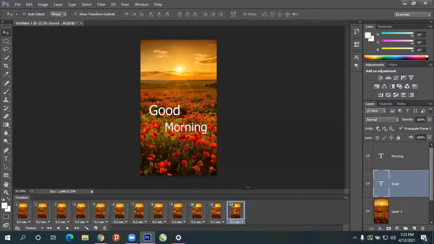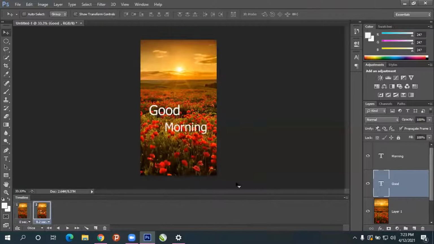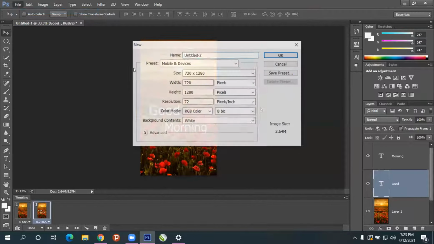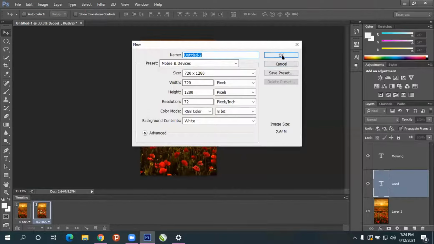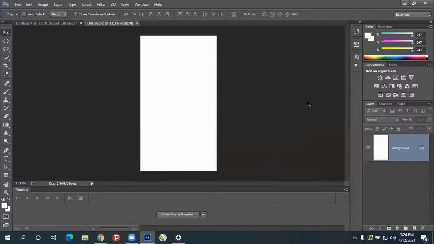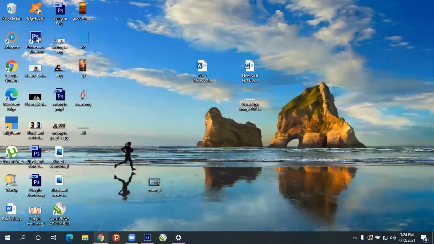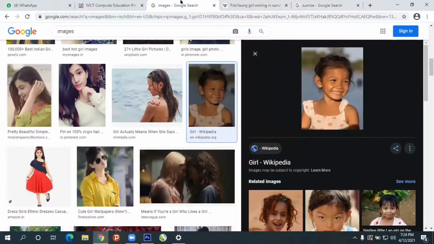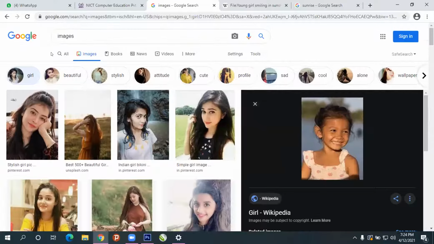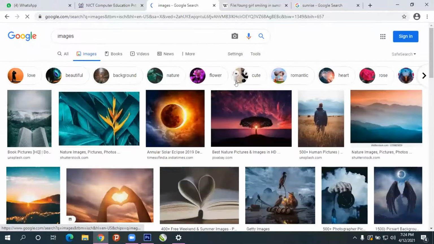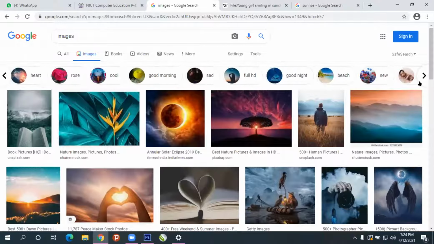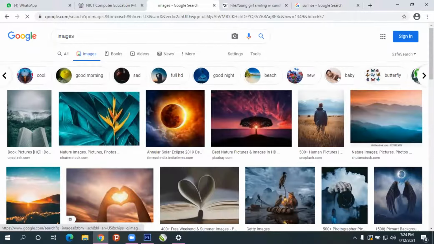And if you're more creative, you can do a lot of things in this. For example, a sun rising. And if you want to create a birthday card, you can create that also. Same thing I'll take. I'll take some baby image. We want to create a birthday baby.